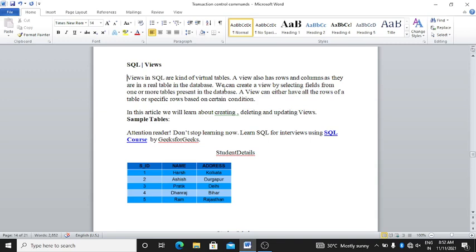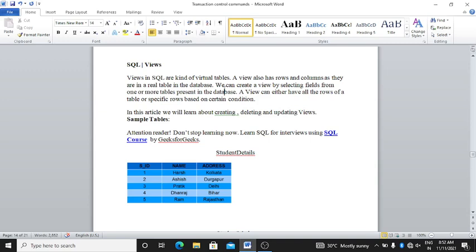We can create a view by selecting fields from one or more tables present in a database. A view can either have all the rows of a table or specific rows based on certain conditions. In this article, we will learn about creating, deleting and updating views.